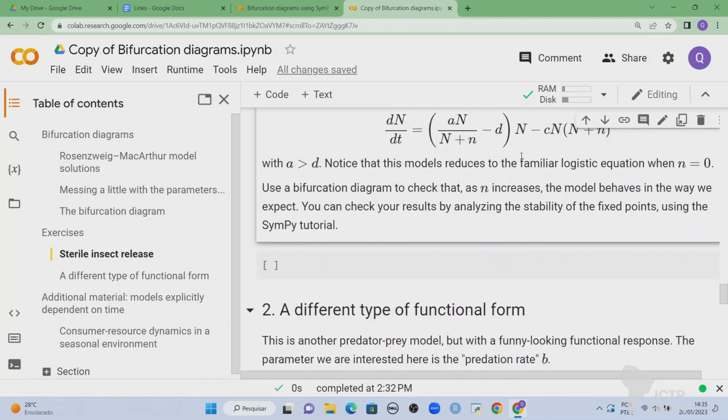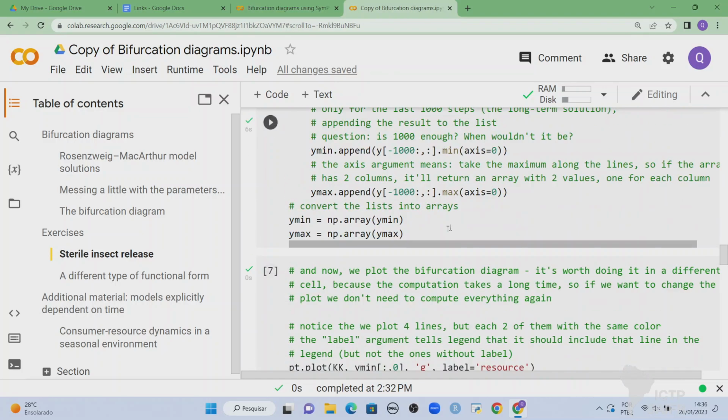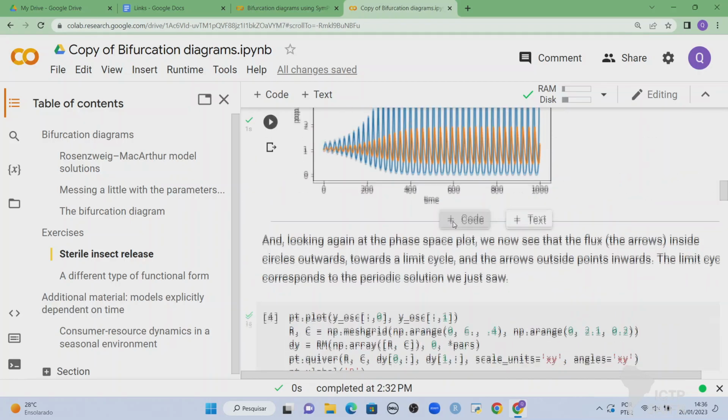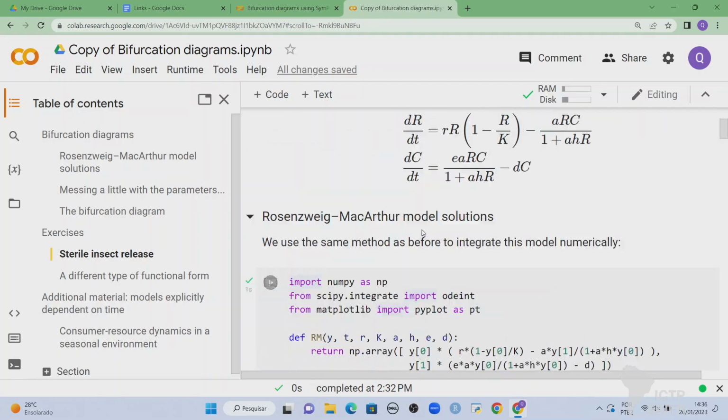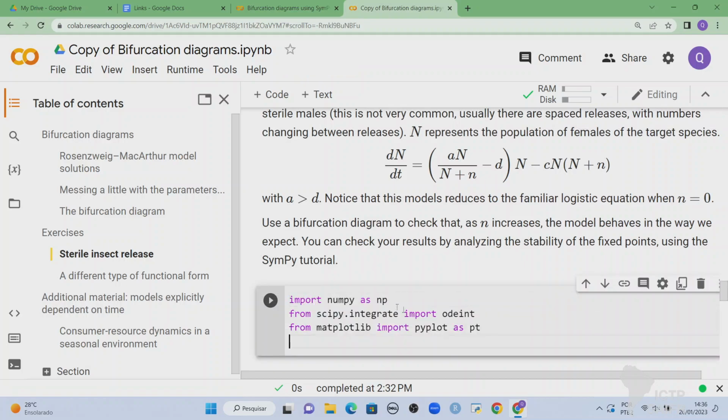So what do we do then? The first thing is, we want a bifurcation diagram, but before having a bifurcation diagram, I have to solve the equation. So don't go directly to the bifurcation diagram. Solve the equation for some set of parameters first, see that it goes to a fixed point or something. So let me copy the header of this part here, so we can run this even without